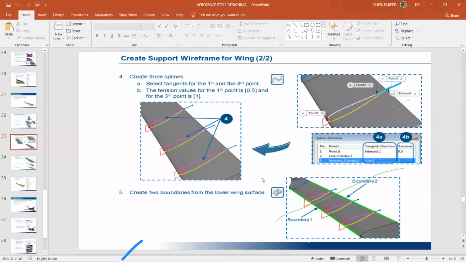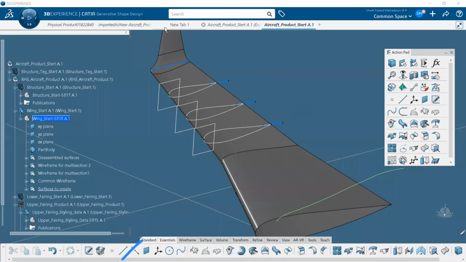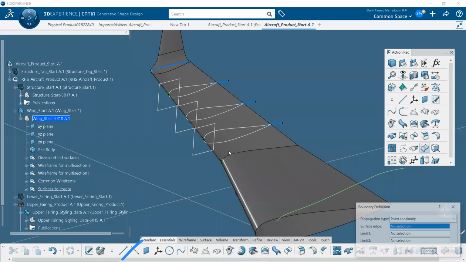Okay, now to create the multi-section, we need to generate boundary conditions. So what we have to do is, again, create the boundary.